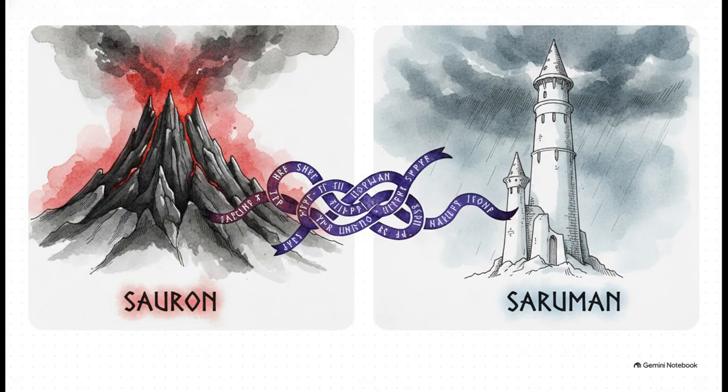Okay, let's just start right here. Why on earth would a master of languages like Tolkien give his two main villains names that are so easily confused by new readers? I mean, on the left, we have Sauron, the big bad, the great enemy, and on the right, Saruman, who is initially an authority meant to resist him. For honestly almost any other novelist, giving two enormously important characters such similar-sounding names would just be an obvious amateur